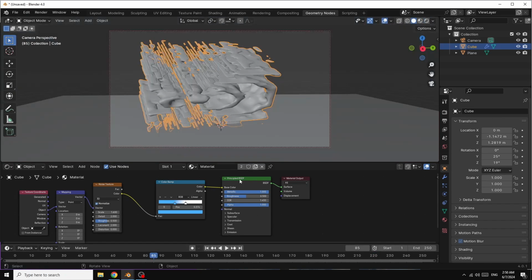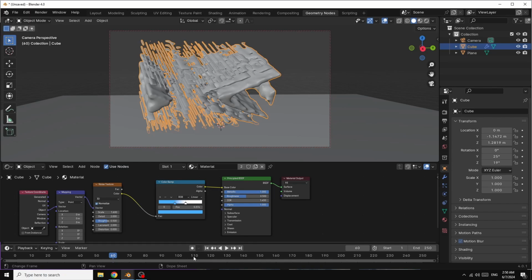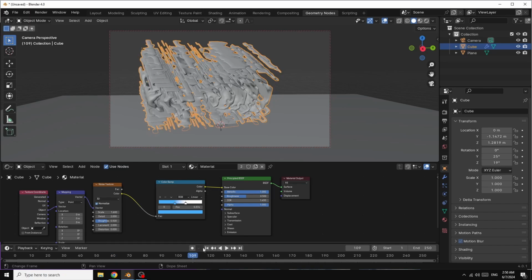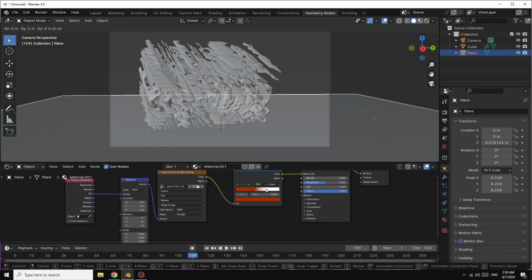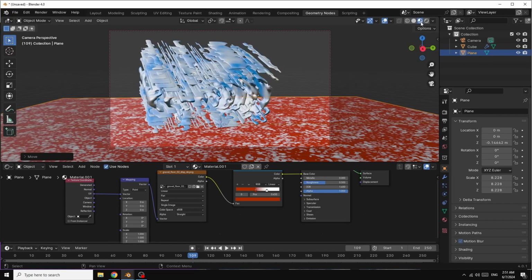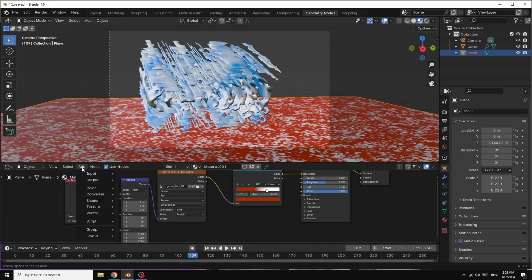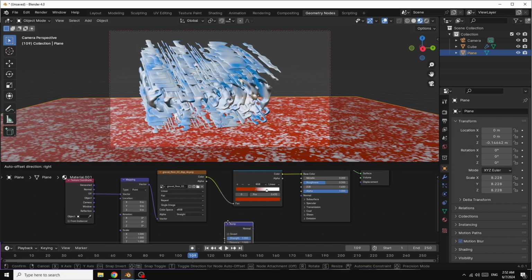so I want to select one image just to see. For the background, I add a bump. So go here in add. In vector, I select bump.